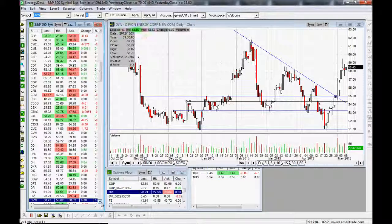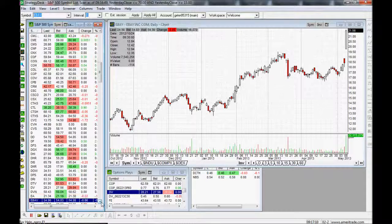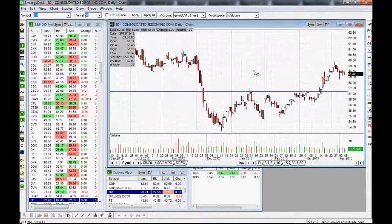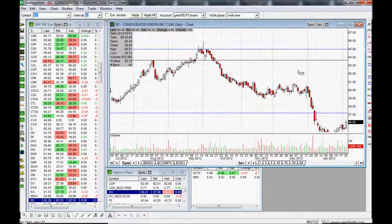Trend angle going down. How it tends to break down below the support, which it did, and then it actually broke back up right afterward. So the wedge plays tend to do that. And this is just going back, checking to see if these lines are historically